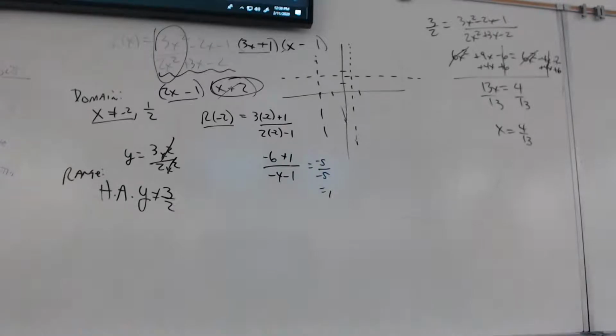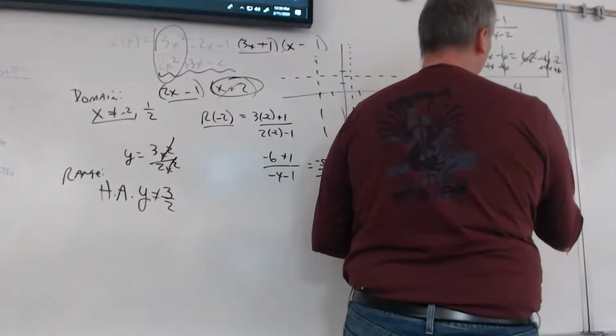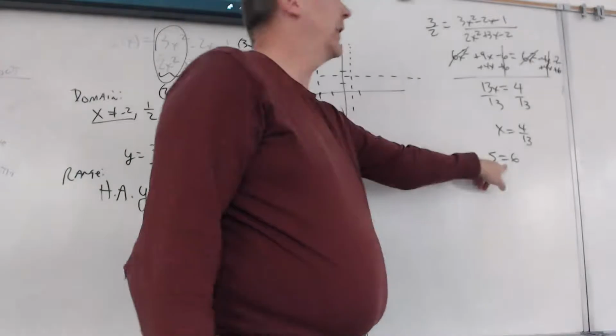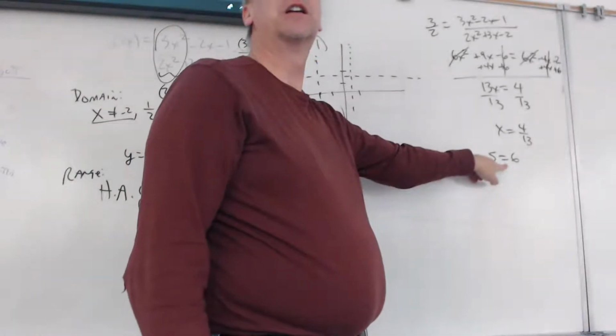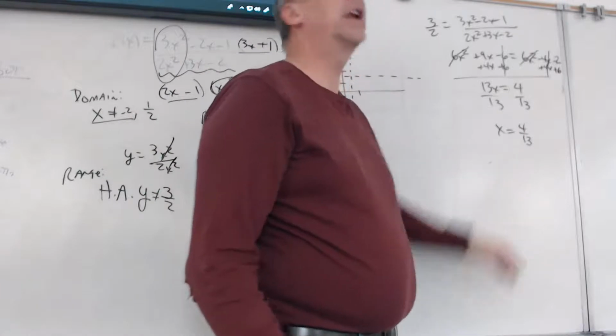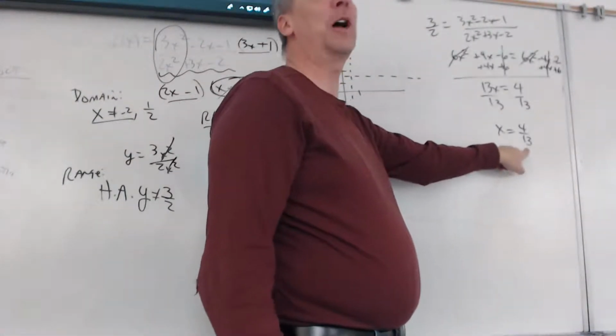Did I get a valid answer? Yes, I did. I got a valid answer, so therefore it crosses. If I had gotten, for example, 5 equals 6, is that a valid answer? No. So if I got 5 equals 6, would it cross? No. But in our case, we cross where x equals 4/13 and y equals